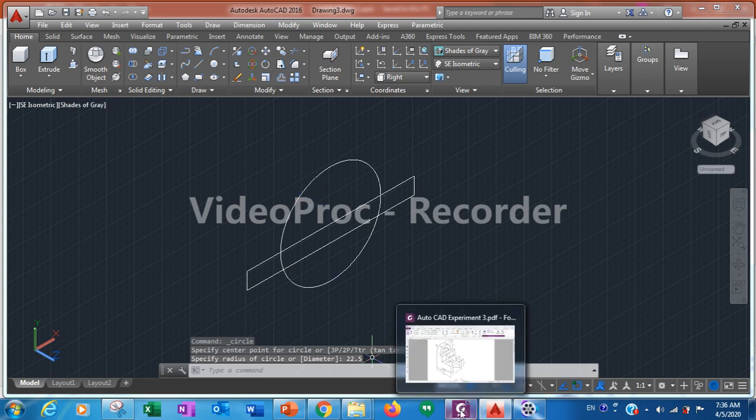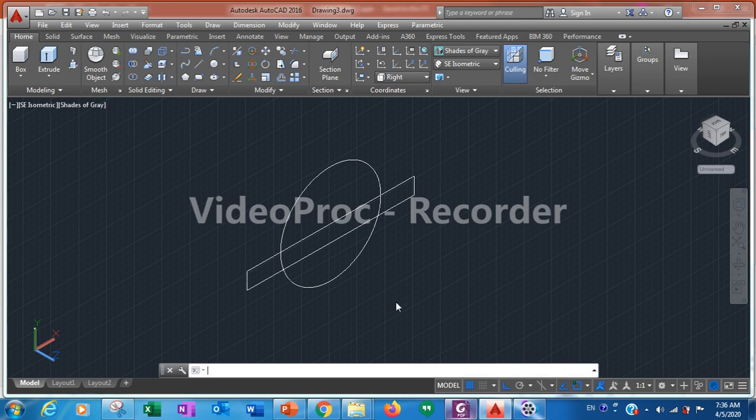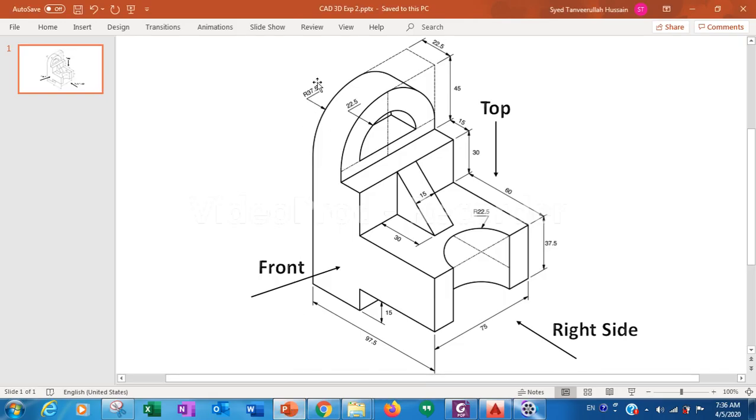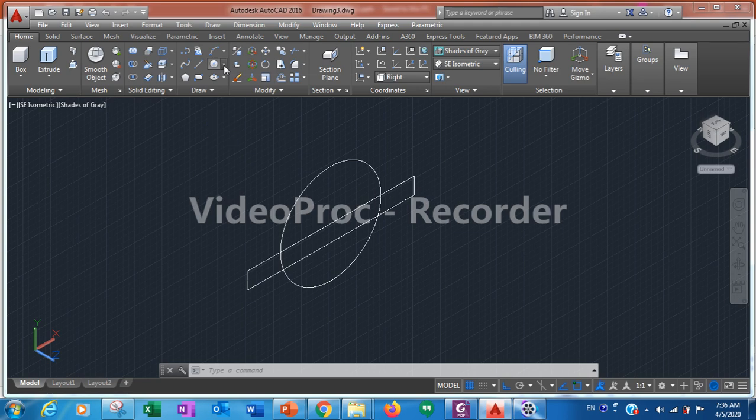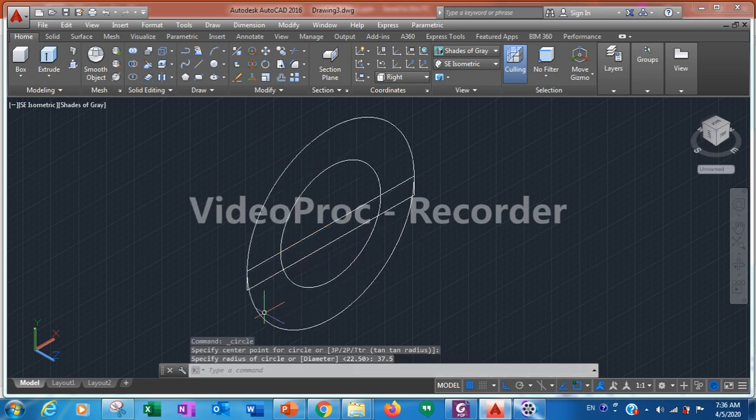Again go back here, it is the second circle, the bigger circle is how much? Radius 37.5. So here the bigger circle is 37.5. So we have to select the circle again and come to this midpoint and give it a radius of 37.5. Okay,